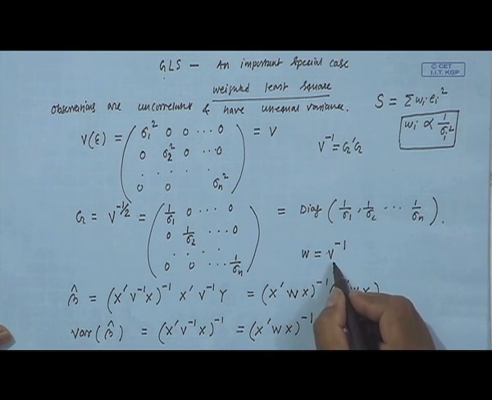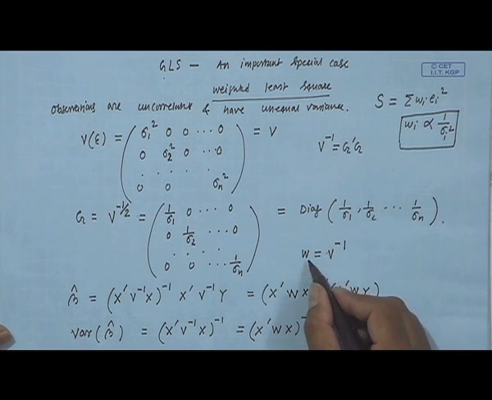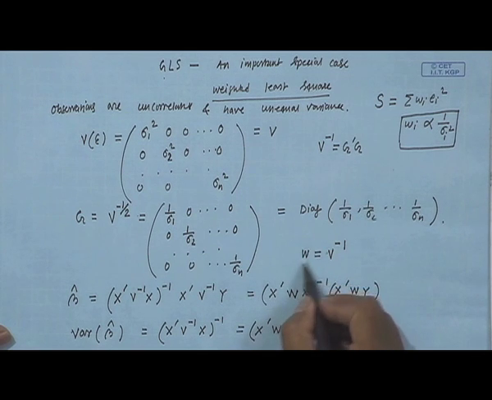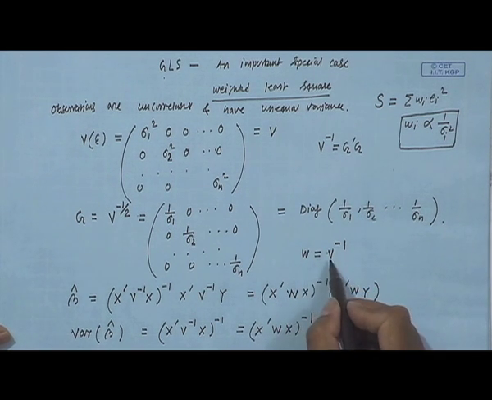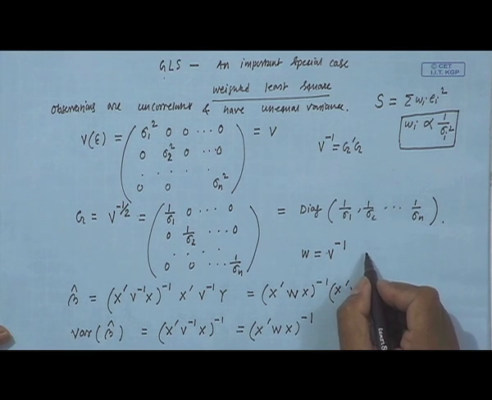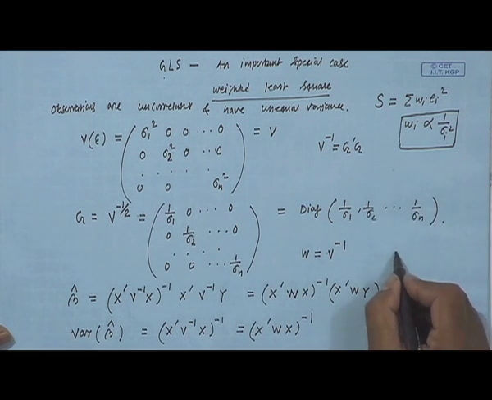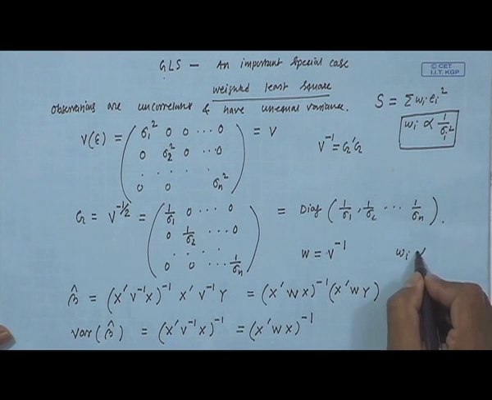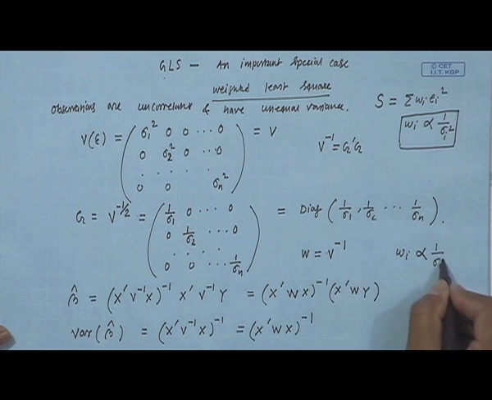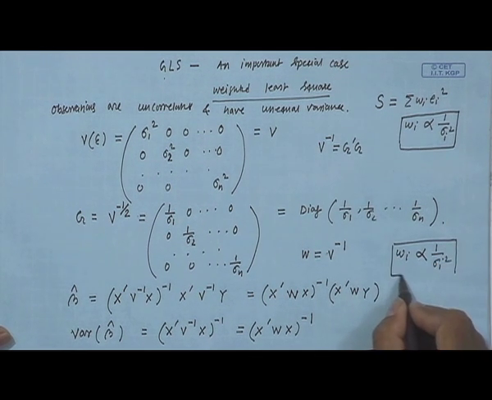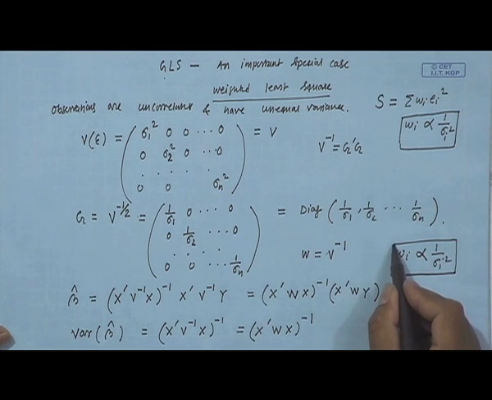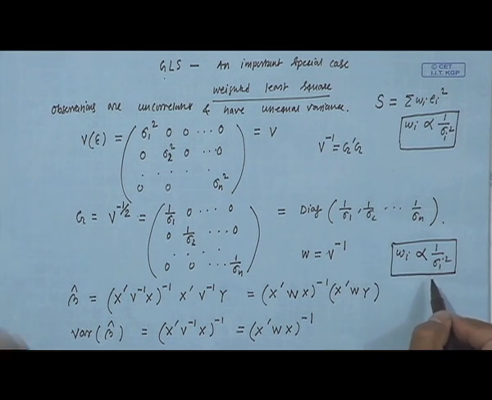Okay. So, this explains the weight we are talking about in the weighted least square. The weight is nothing but this V inverse, whereas V is this matrix, and then it is clear that Wi is proportional to 1 by sigma i square. So, I explained this part, but still I need to explain one more thing. I explained why this weight Wi is proportional to 1 by sigma i square, but I will explain in my next class